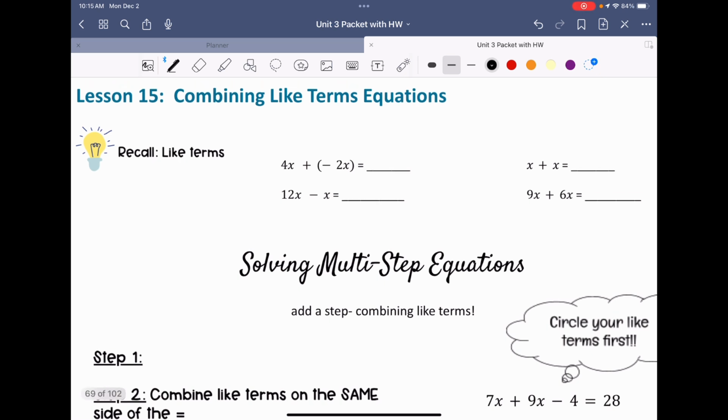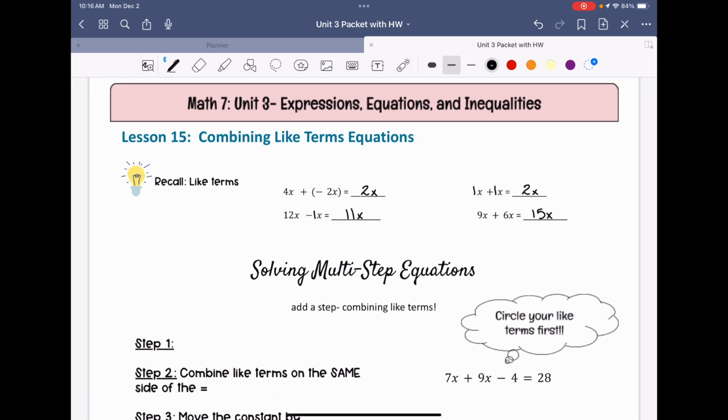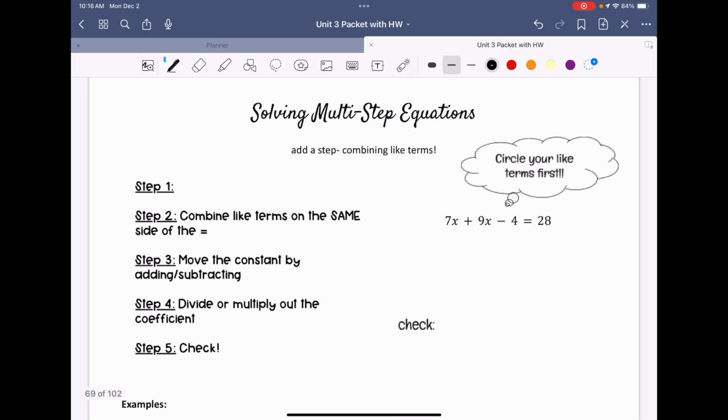All right, so you should have gotten positive 2x, because remember in visible math, there's a 1 in front of those x's. The third one should have 11x, because this is minus 1. And 9 plus 6 would be 15x. All right, so now we're going to do that in our equations. Okay, so